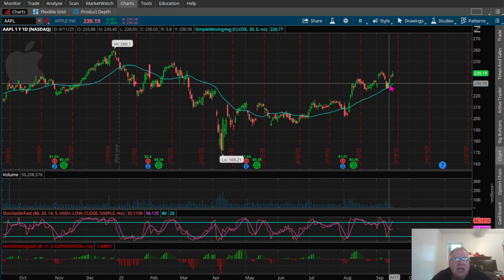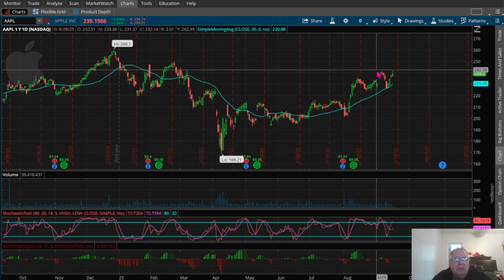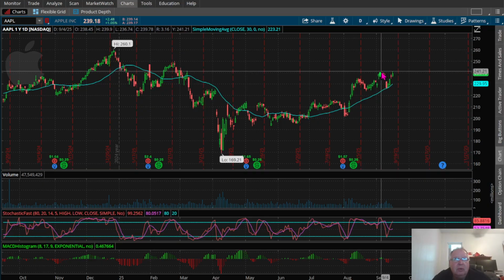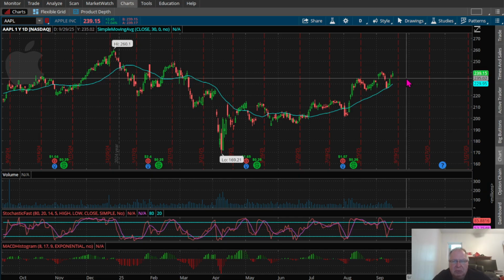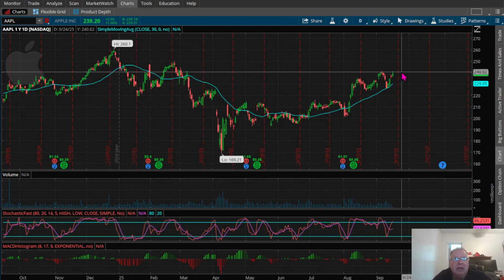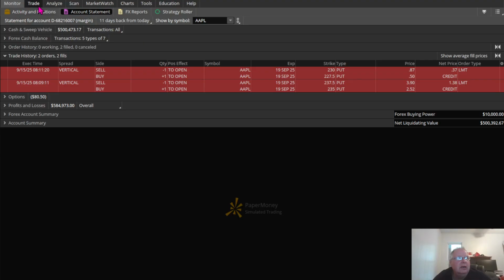Okay, let's start by checking in with Apple. Here's the picture we were looking at yesterday, and then here's today. Apple has gone up. It did stall a little bit earlier today when it reached this little peak here. The markets as a whole were similar. We were up higher. Now we're giving up a little ground. So it's possible that we bounce off of here and come down. Where Apple is currently at, we're at 239 and change. And so as we look at our trade here,